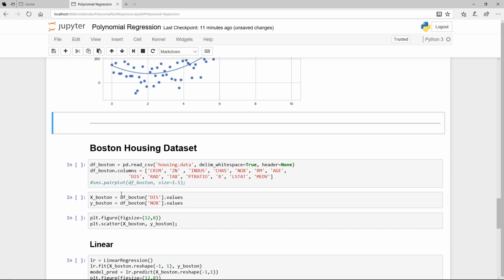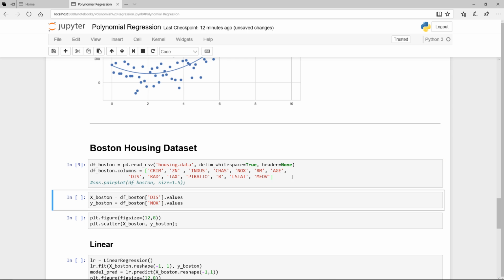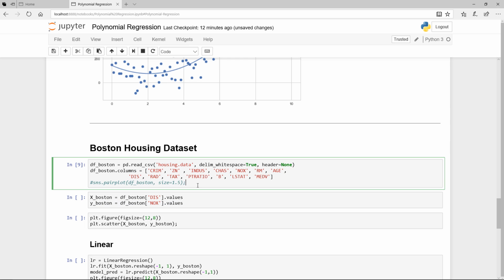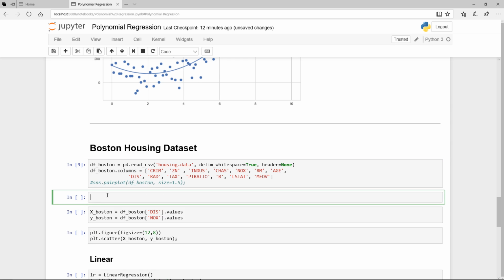So having developed that intuition, we're going to dig into actual data now, the Boston housing data set that we've seen before. So we're going to download the data, import it into our library, df Boston, rename the columns, and we're just going to look at DIS as well as NOx here. Now I've hidden this, so I'm going to leave that with you to actually run that exercise. I'm just going to